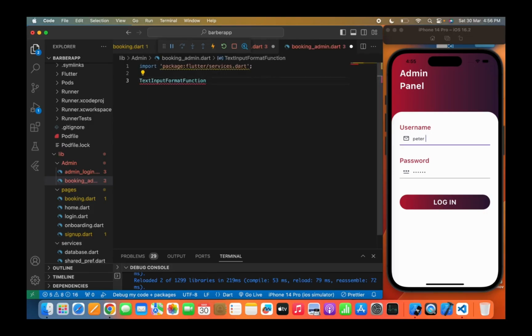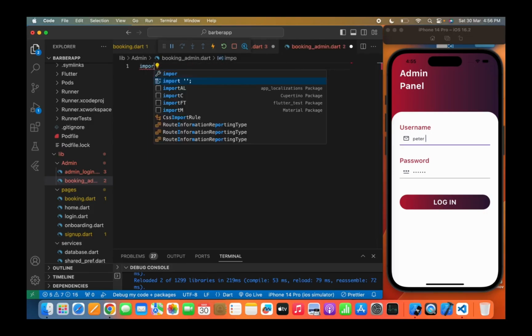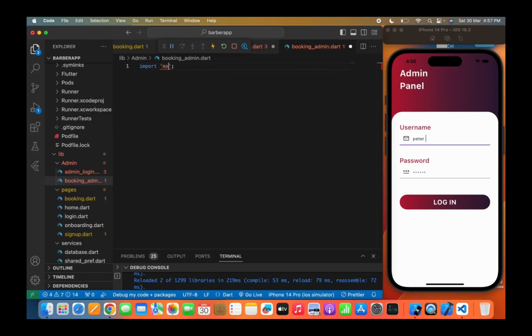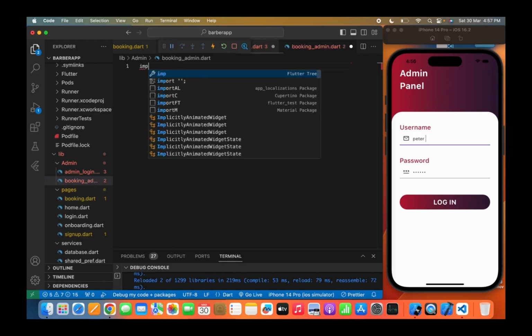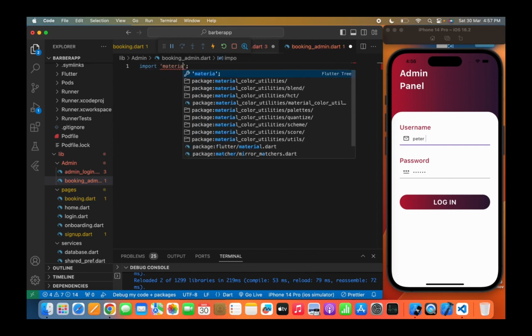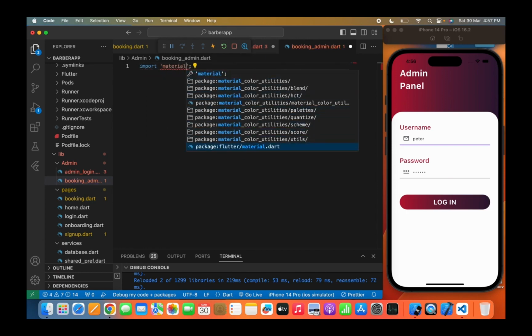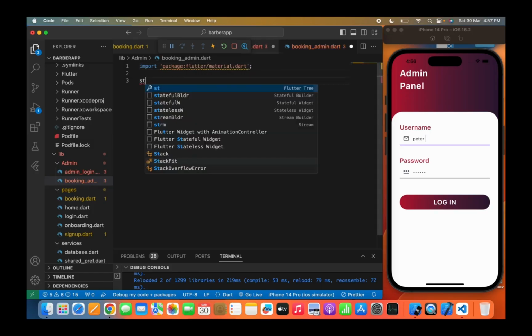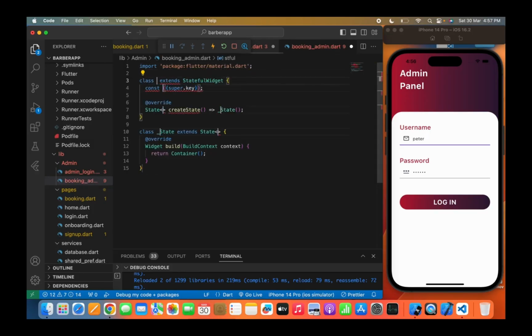So we'll first import the package and we'll pass the stateful widget name booking admin